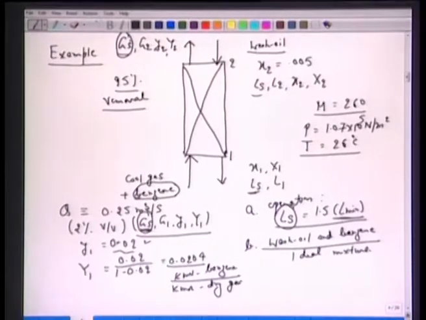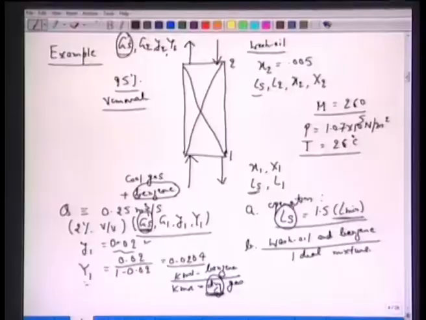Notice this nomenclature, or the terminology, dry gas. That doesn't mean that it has moisture. All it means is that it's a benzene free gas. That's the meaning of dry here. Generally it's used to say that this gas or stream is dry or wet, not necessarily that it contains moisture. It specifies the solute, which could be anything other than moisture. So Y1 is known here.